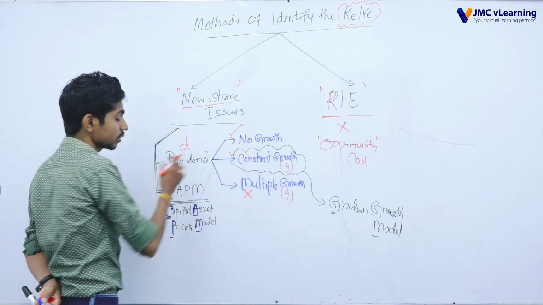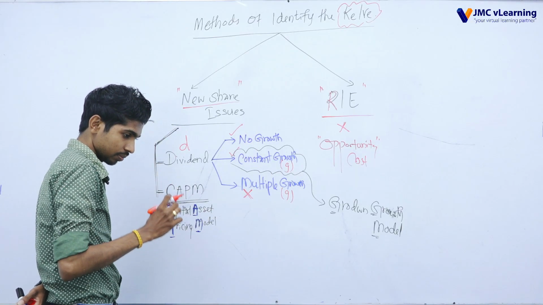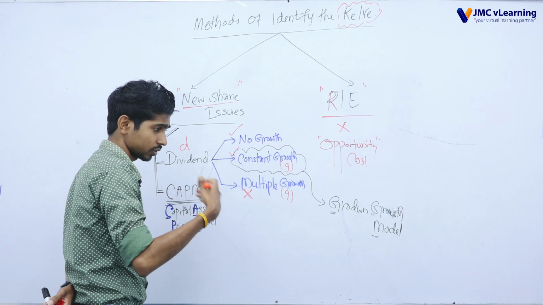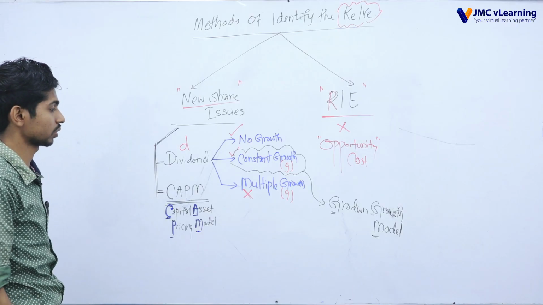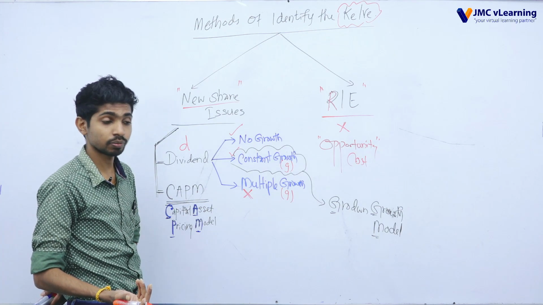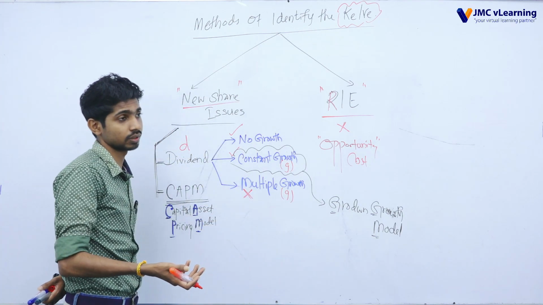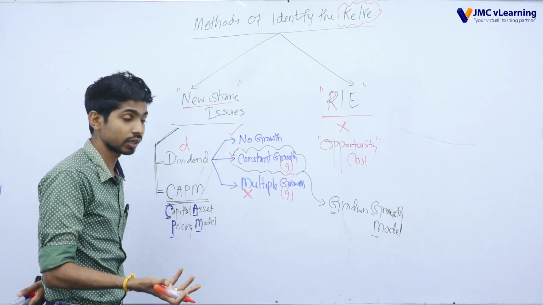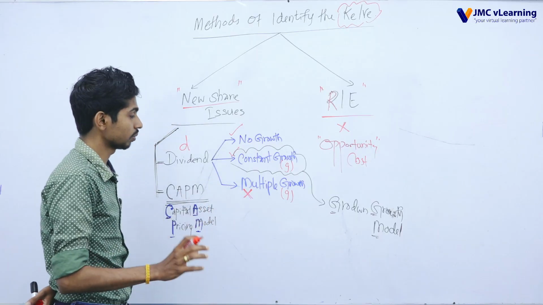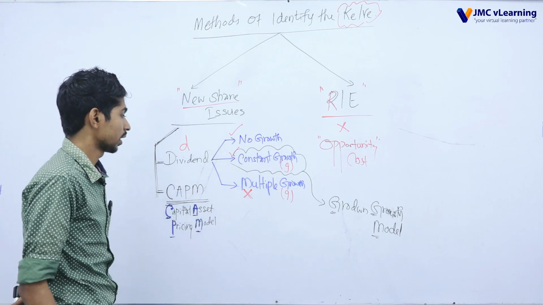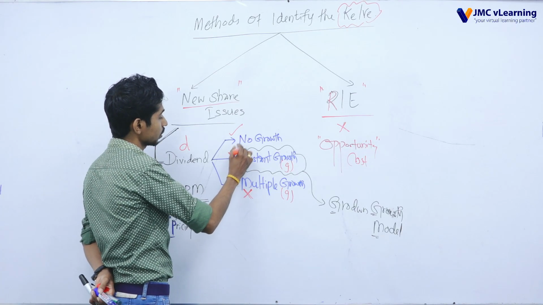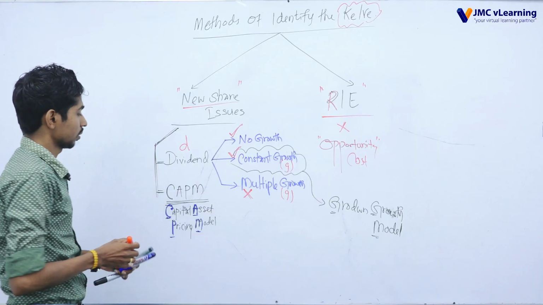Constant growth means the growth rate, the increment percentage, is the same, 5%, 5%, 5% every year. Then that is constant growth. Multiple growth means this year 5%, next year 8%, thereafter 7%, and the next year 20%. Likewise, multiple different growth rates, but those are not in our syllabus. Practically, though, these are the areas we have to evaluate carefully. Then those two will be tested. Okay, please make a note of that.